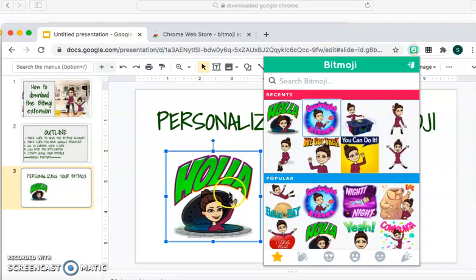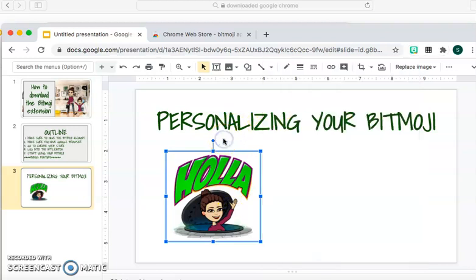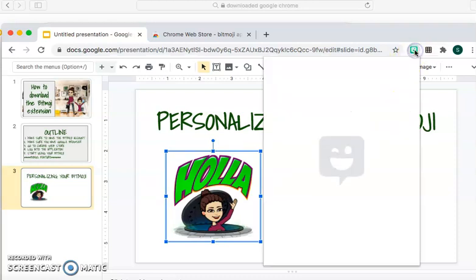Now, these images work in almost all Google documents. I don't think you'll have any problems with Google Slides, Google Docs, Google Forms. I don't think you'll have any problems. And even some other things that it will copy and paste very easily too. Now, if you are having a hard time getting it to copy and paste in maybe PowerPoint or maybe some other type of document, what you can do is just